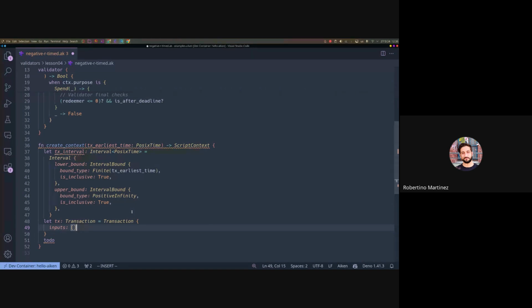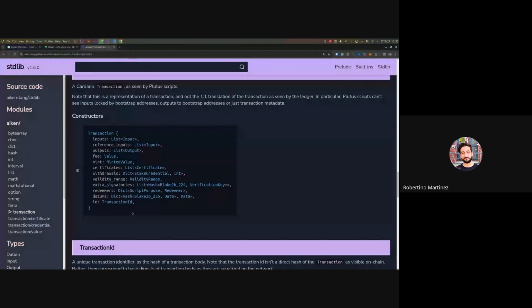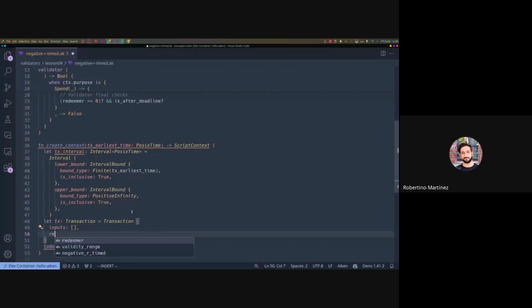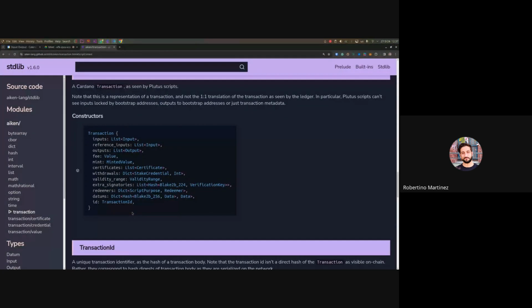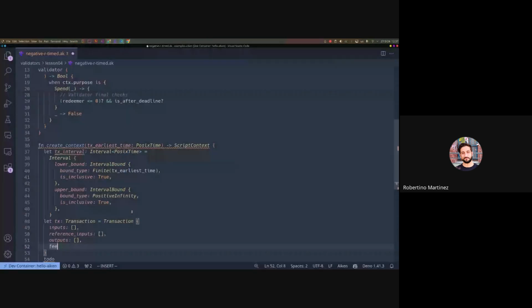But in this case, we can just ignore this. We can reference input, output, reference inputs. It's also an empty list. Output is also an empty list. The fee is of type value, so we have to create